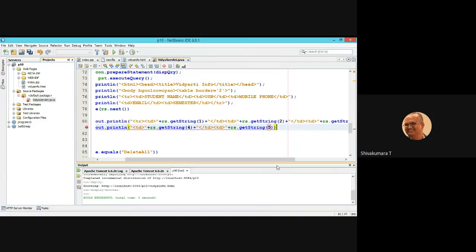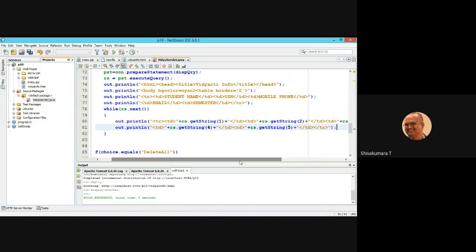Fine. The td needs to be closed here, td closing as well as table row closing. Table row closing. So it repeats until all the records are displayed.